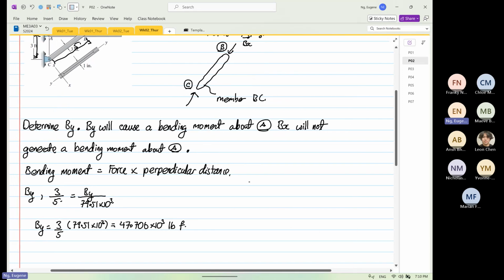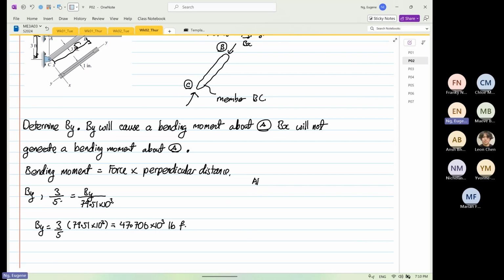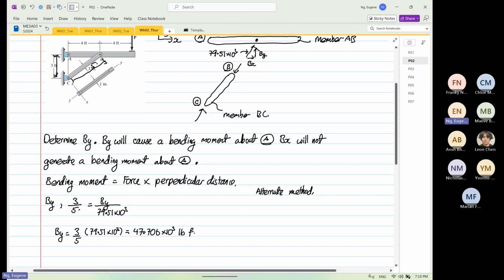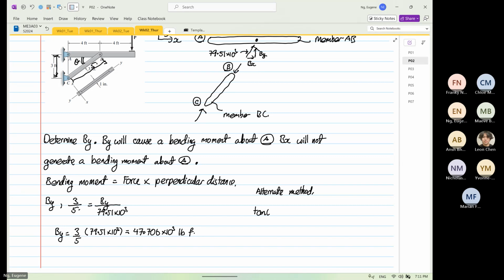Method number 2, if you don't like this method of doing it, we can look for an alternate method, and the answer will be the same, will be slightly longer. So what we want to do is find this angle theta. So we know that tangent theta is equal to 3 over 4. Sorry, 3 over 5. And then from here, theta, 3 over 5 inverse tangent in degrees is 30.8